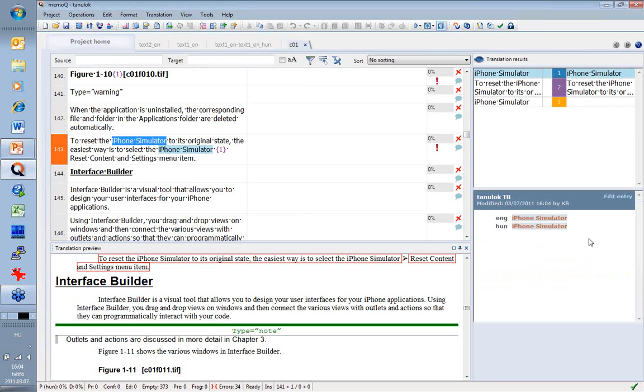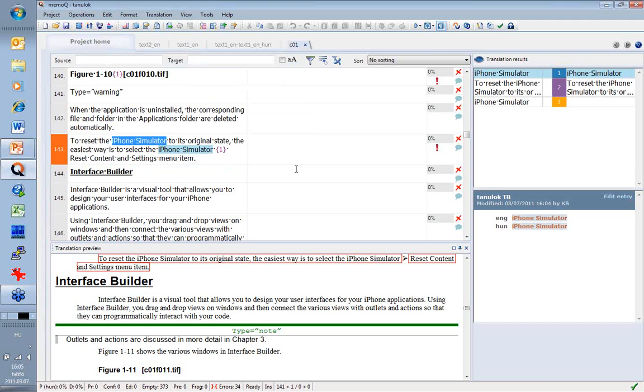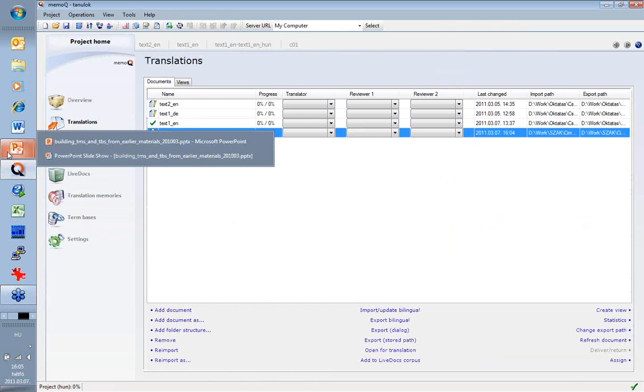So when you have a hit from a term base in MemoQ, you will get a pretty print of it, where you have the source language, you have the target language, and then you have some metadata, and you can go into editing this entry. But this is how you build your term base up front. But when you have an existing glossary,